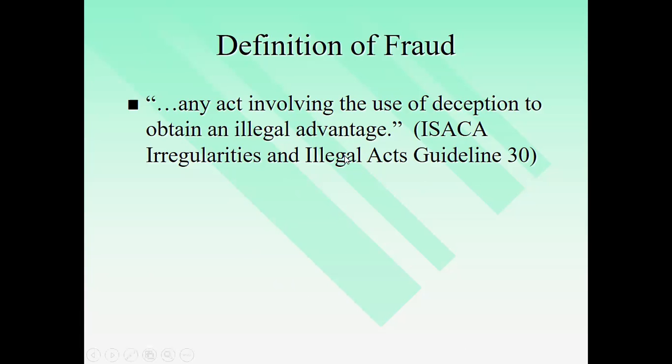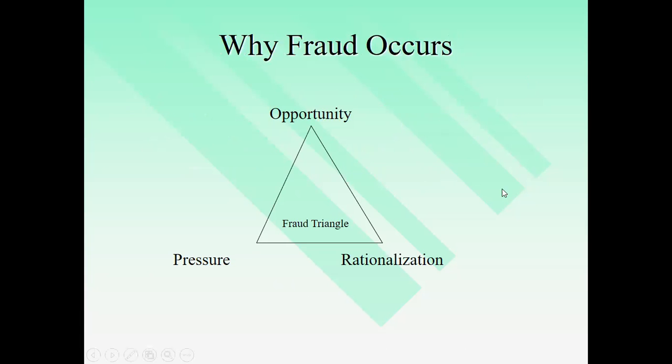And then after that, we have the question of why fraud occurs. Fraud occurs because of three factors, and that's why we have the so-called fraud triangle. In the fraud triangle, we have three factors that we have to know. We have pressure, also known as incentive. So what is the reason why you are committing the fraud? What pushed you, what moved you to commit fraud? That's the pressure or the incentive. What will you get should you commit fraud?